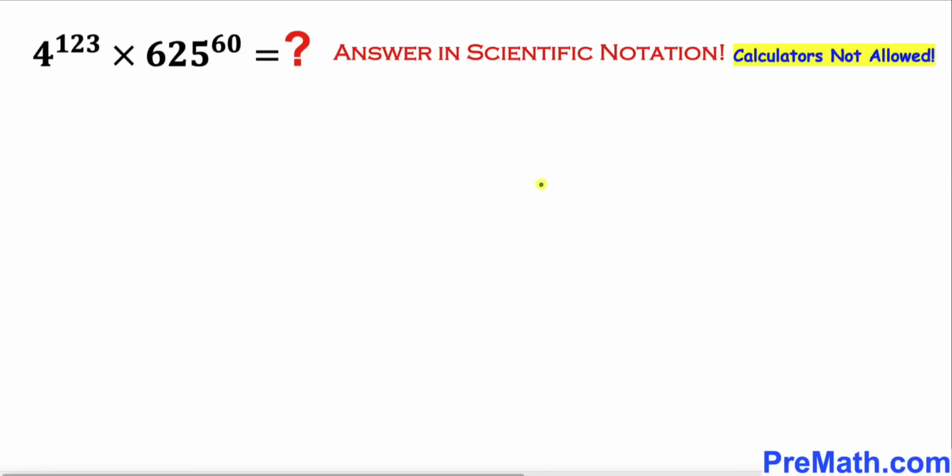Welcome to PreMath. In this video, I am going to show you how to multiply these given humongous numbers: 4 power 123 times 625 power 60, and make sure that we are going to give our answer in terms